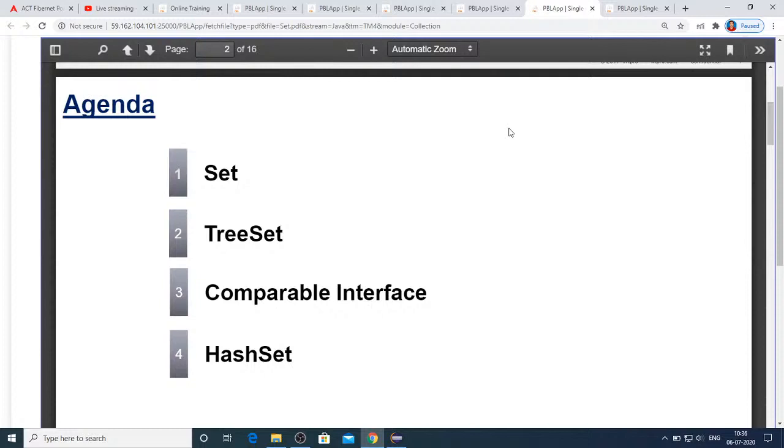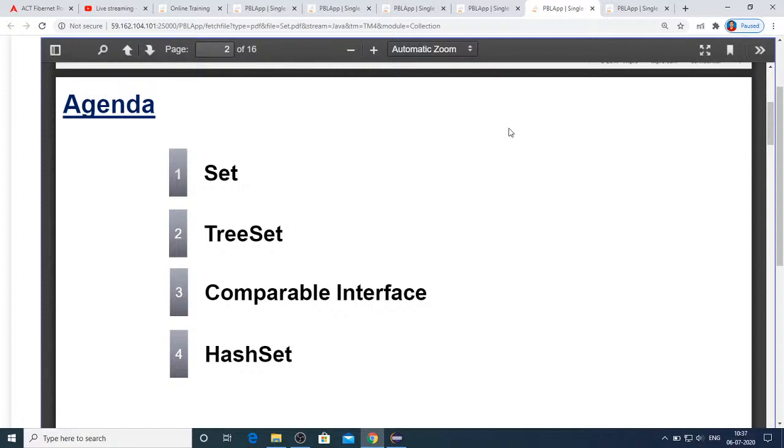Another thing is, list will permit you to add null values, whereas set will allow only one null value to be inserted. That means you are permitted to add a null value, but only one, not more than one. So these are the key points to be remembered.